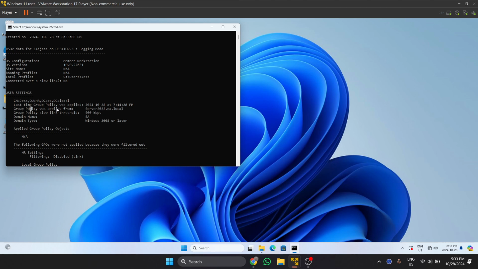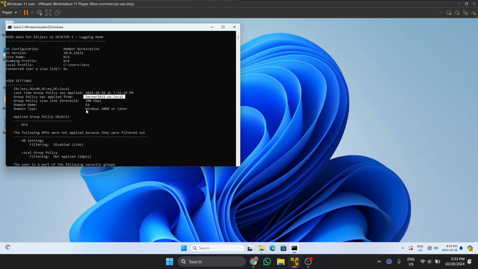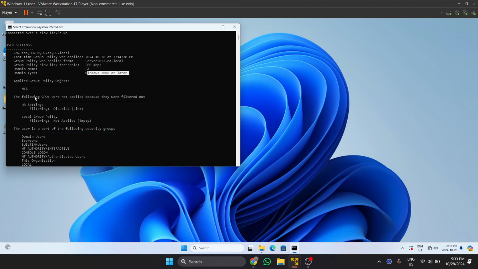Group policy was applied from the domain controller. Even shows you the domain, the server type. Then as you can see, no group policy objects applied. It says the following GPOs were not applied because they were filtered out. And we have HR settings,